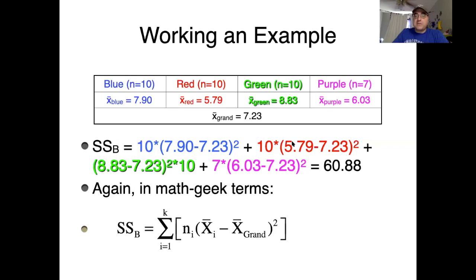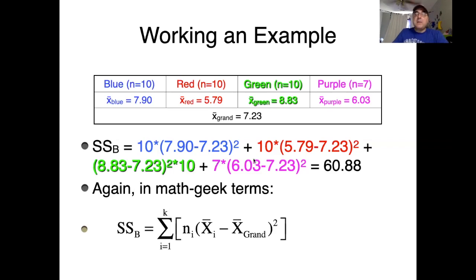So 5.79 minus 7.23, squared. Once you square that value, you then multiply it by 10 because there were 10 people in the red group. Same for green. Here's purple. The average was 6.03. The grand mean is 7.23. You get that difference, you square it, and then you multiply it by 7 because there were 7 people in